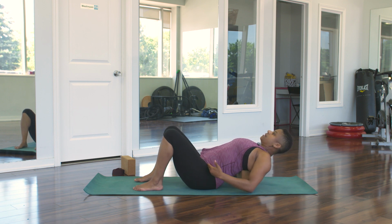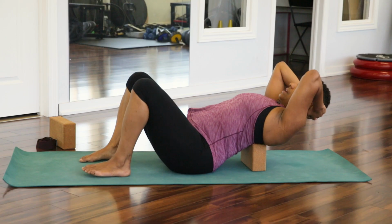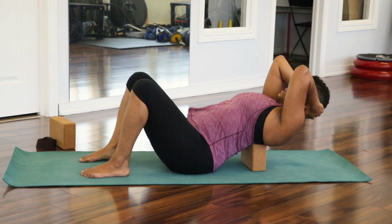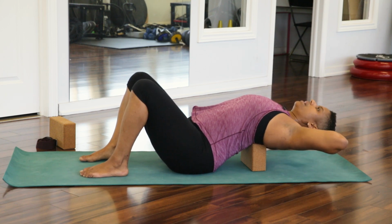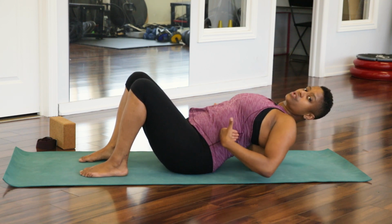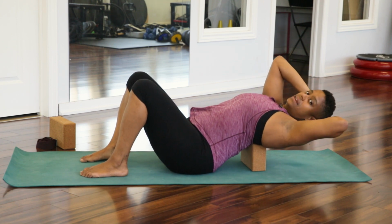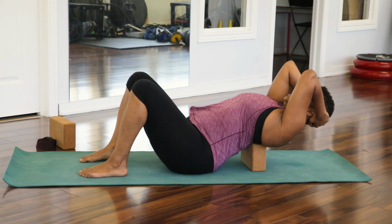I'm resting my hips down. I'm going to take my hands, lace my fingers, and just allow my head to be supported with my hands. And I'm drawing my elbows in close. So it may be a tendency to want to spread and have the elbows open, but we want to close them in a little bit, just again to get a little bit more focus, maybe an additional stretch here in the lats as well. But my head and my neck are relaxed. That's important. I'm going to inhale